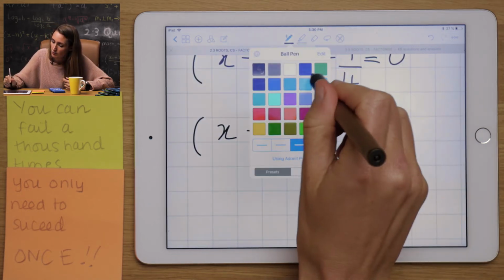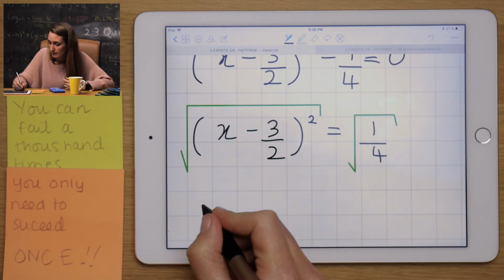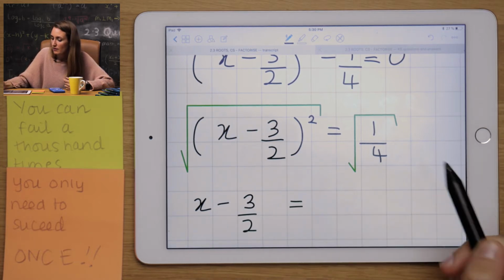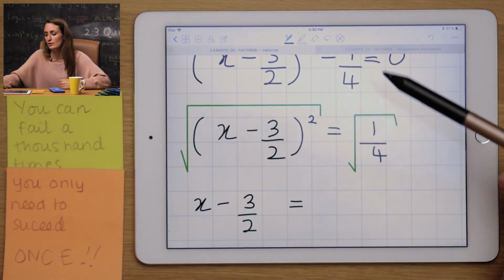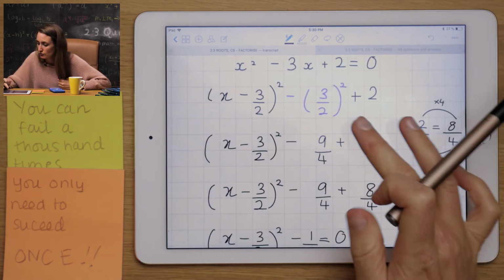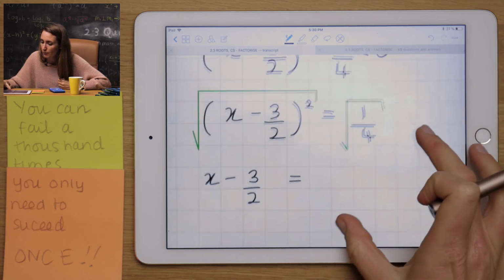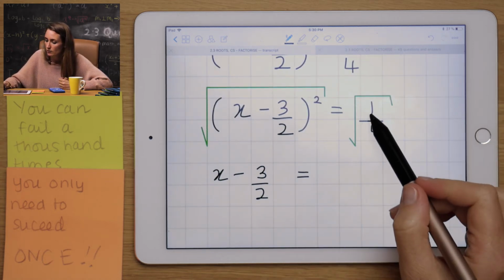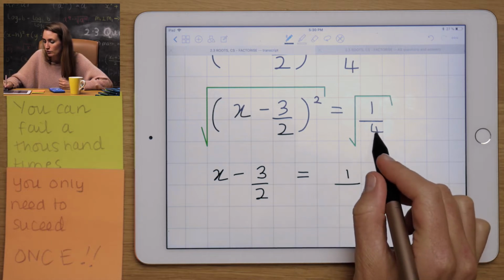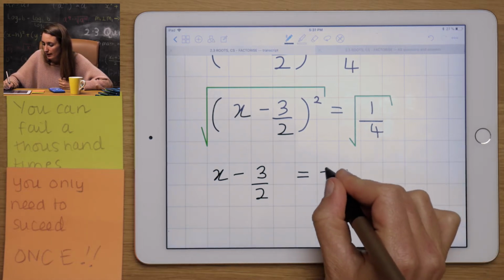Now we take the square root. These will cancel here. Now this is a little bit tricky. Just like we had to put this power 2 on both the 3 and the 2, you have to put the root on both the 1 and the 4. So the square root of 1 is 1, and the square root of 4 is 2, and again adding that